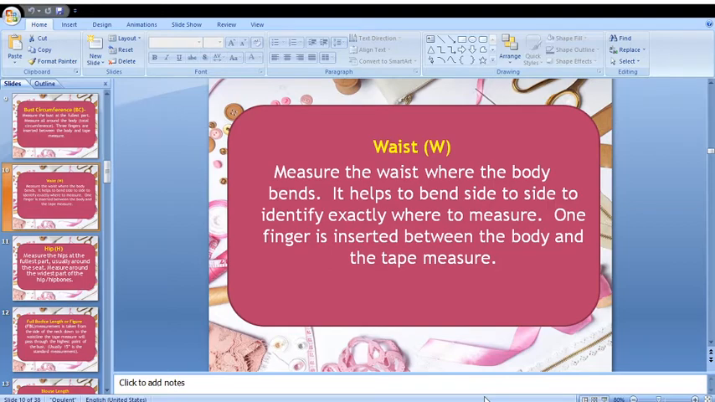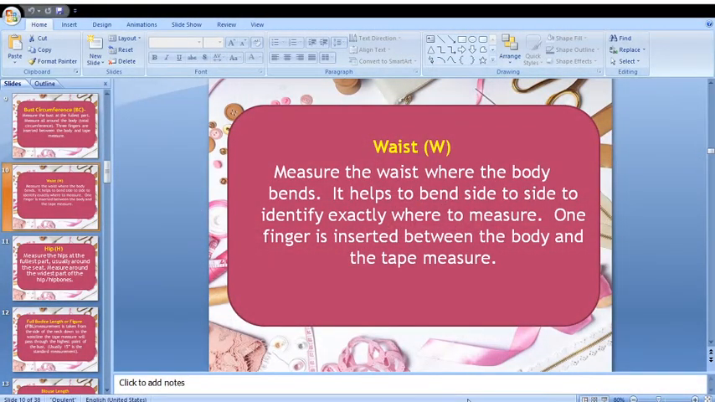we're going to measure the waist. First, we're going to locate the waist. So how are we going to locate the waist? Usually the waist is parallel to the elbow. So this is the elbow and this is the waist, and you're going to bend. There you go. You find the waistline. So we're going to wrap the tape measure around the waistline and insert 1 finger. Okay, so next